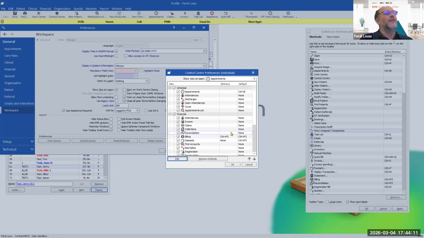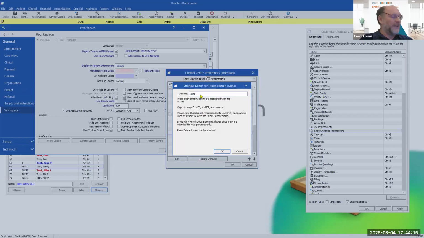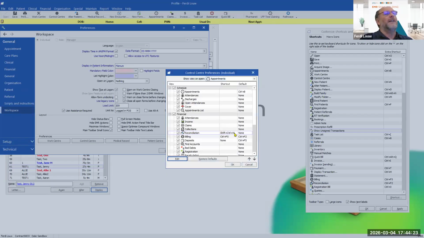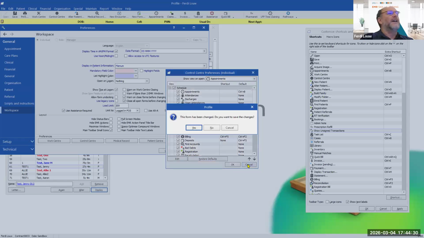You say, okay, I want to have something else there. Then you can edit it again and press the key that you want to use. I'm doing Control Shift W and say, okay. And there I've got Control Shift W will go to that one. So that is in the Control Center. And I'm not going to save these changes.